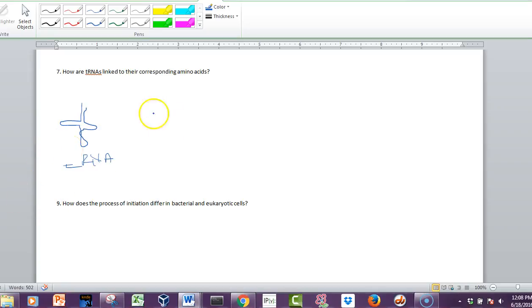But it doesn't have an amino acid on it yet. And so there's enzymes, and there's a whole bunch of these different enzymes that add amino acids onto there. And they add the proper one on, so whatever tRNA this is, it gets a particular amino acid added there. And it actually, so this is like 5'. Somebody might ask you this, probably not me. So it gets added on to the 3' end of the tRNA. So this is one RNA, it goes around, it has this secondary structure, and then you get an amino acid added there.